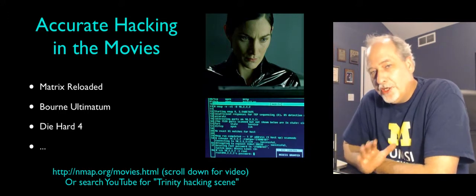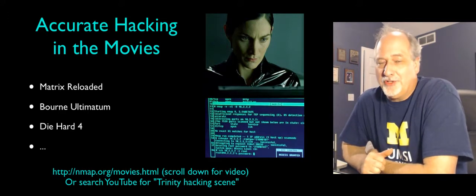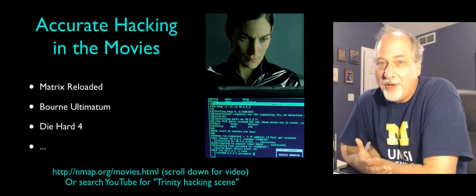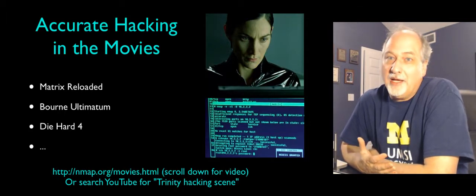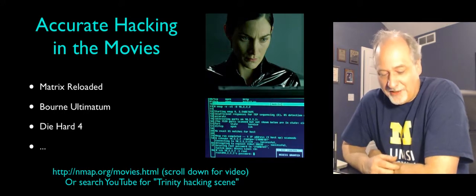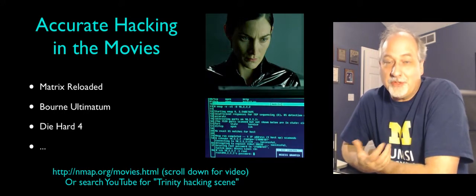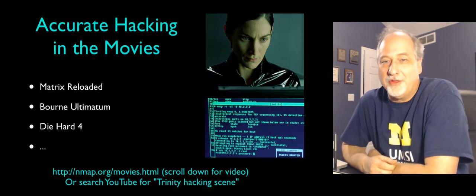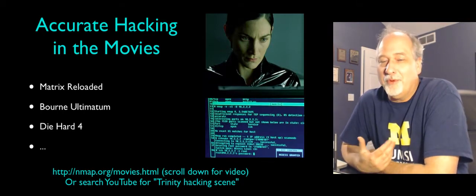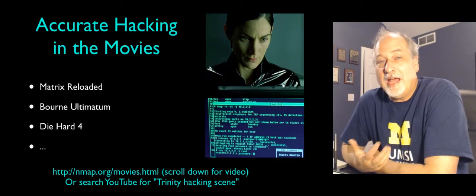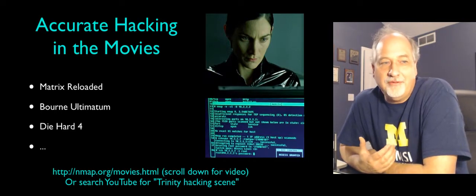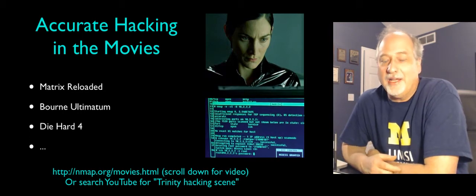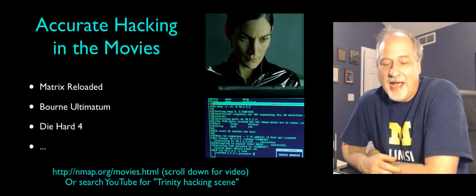By the way, the good guys use this and the bad guys use this same thing. The good guys use it to test all the computers on their campus and make sure that they're okay. And the bad guys use it to break into the ones that the good guys aren't smart enough to fix. This was kind of cool, and the people who wrote Nmap were really quite amazed when they saw the movie. They even figured out what version it was. And so it actually triggered a series of follow-on scenes that used actual real hacking software, Nmap.